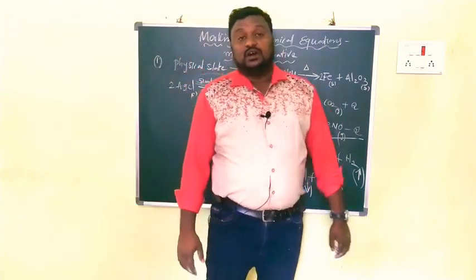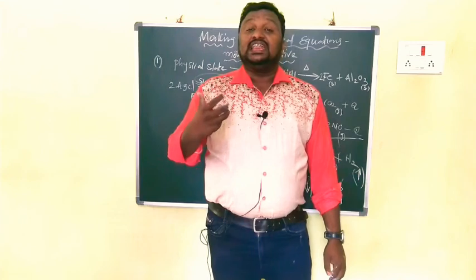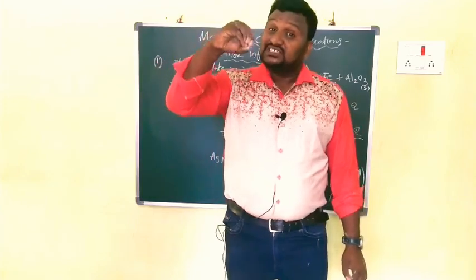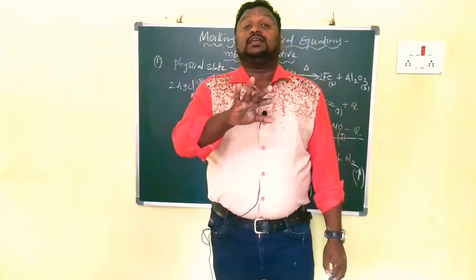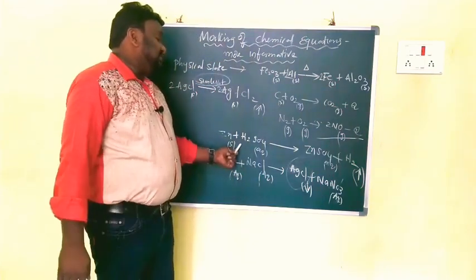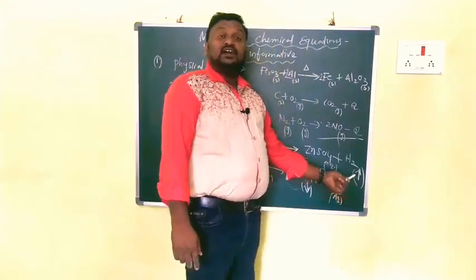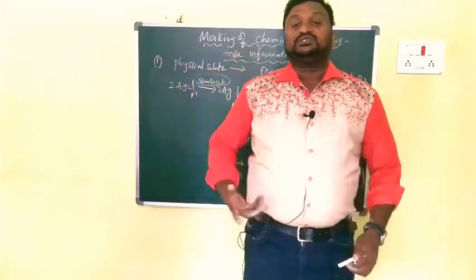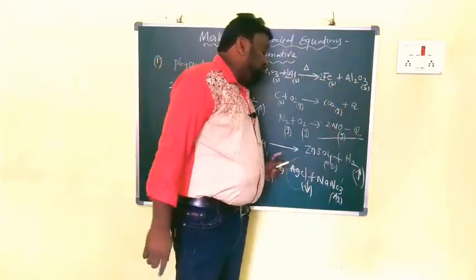And now the third characteristic is what? We have to mention whether there is any liberation of gas. It's not compulsory. If any gas is evolved, then only we have to mention an upward arrow symbol for the particular gas on the product side. Example for that, Zn plus H2SO4 gives rise to ZnSO4 plus H2. Here the gas is evolved, so it is shown with an upward arrow. And here I mentioned aqueous. Aqueous is nothing but in the form of a solution. The water content must be there.